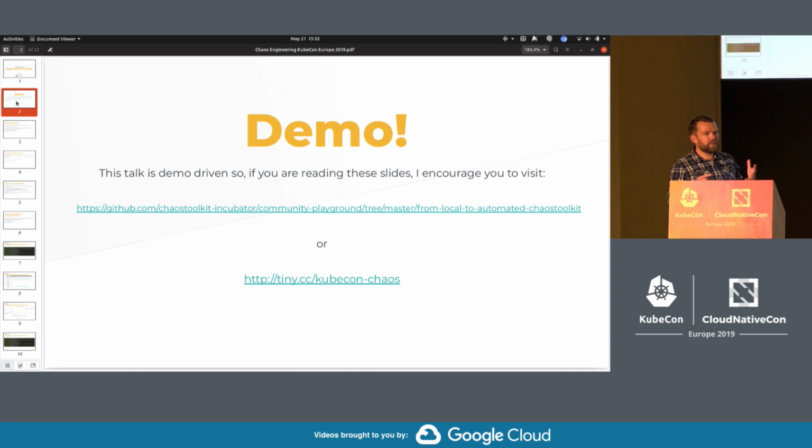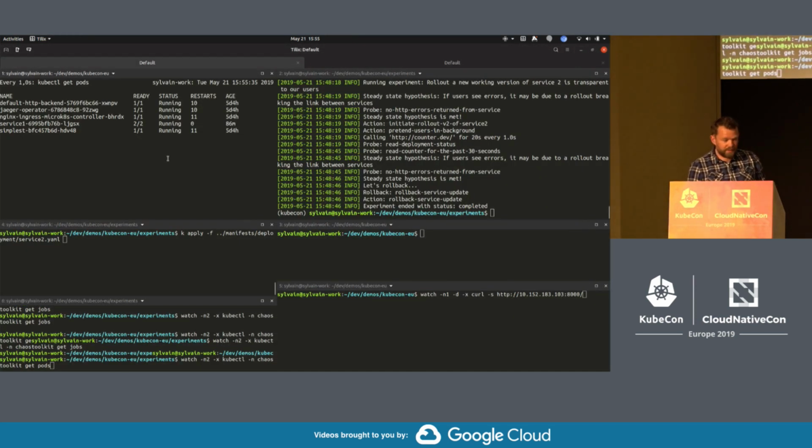Suffice to say that what we're going to agree on today is chaos engineering is not necessarily about breaking or not breaking. It's more about collecting data to see if you have weaknesses in your system. And collecting data in an automated fashion to see how your existing tooling, like tracing and monitoring, can help you figure out if you have weaknesses in your system that you probably don't realize. So we're going to do a demo. Sweet, let's get rid of the slides.